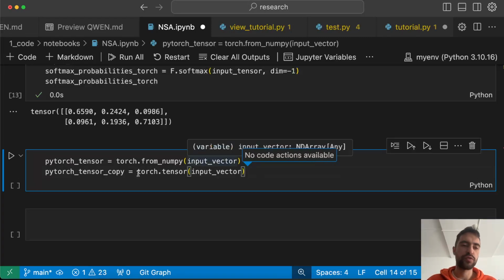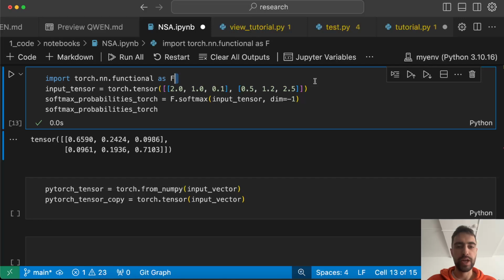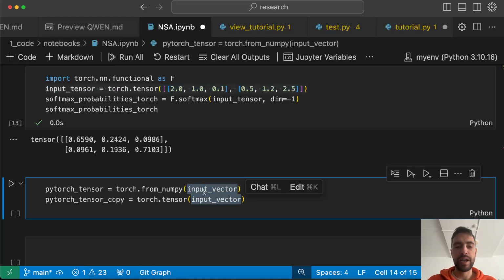You can also convert a NumPy array into a PyTorch tensor without manually creating it again like this. So our input vector, that's a NumPy array, I can say torch.from_numpy and put in the NumPy array to get a PyTorch tensor. I can also create a copy. This is conversion, this is copying. So copy,